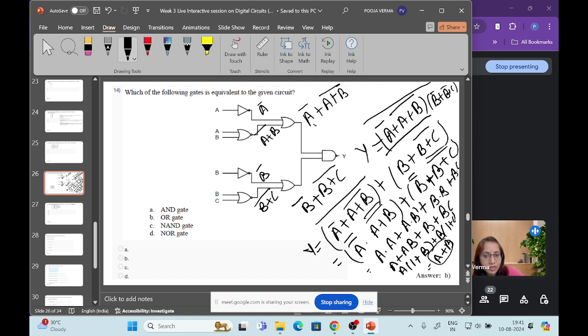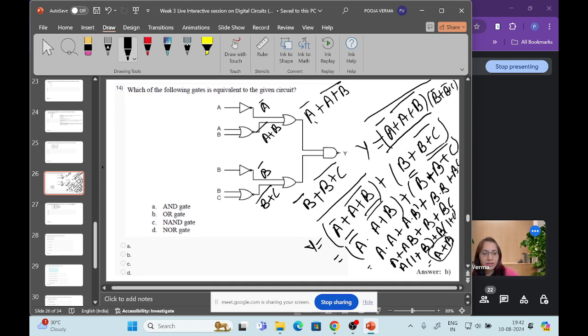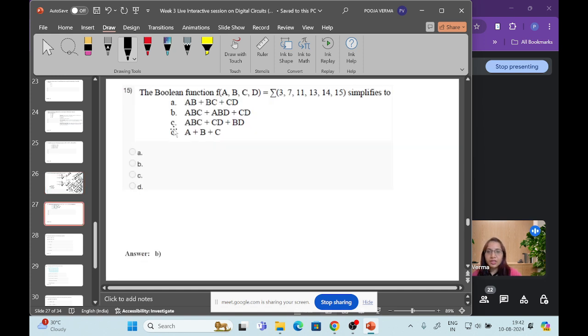And what is this? This is an OR gate, right? This is an OR gate. So option B is the correct one. Okay, I hope you are understanding. So moving to the next question. Next question is